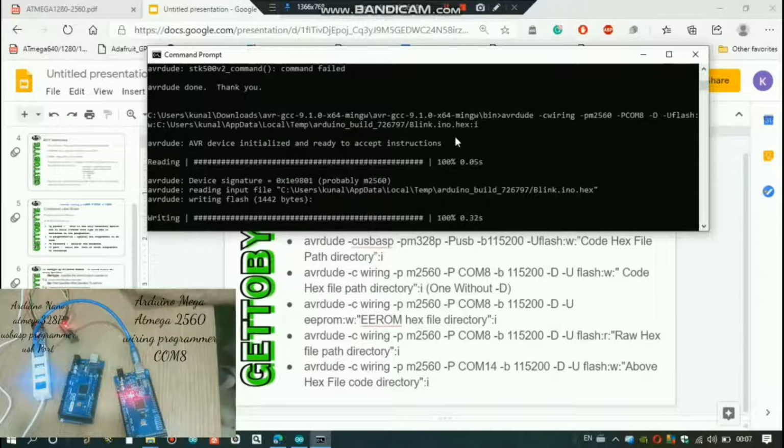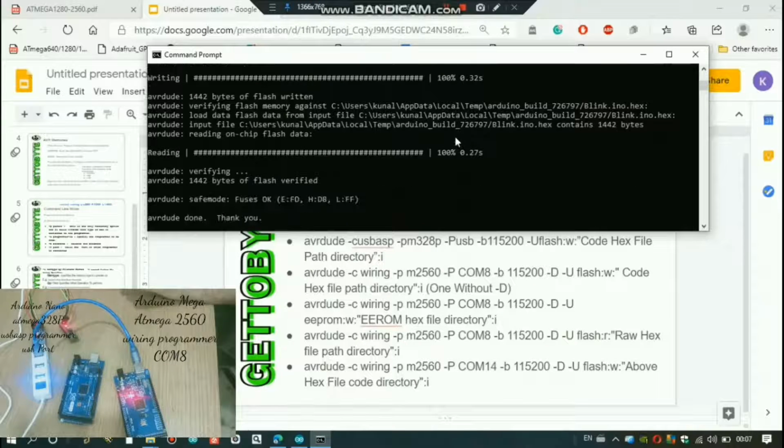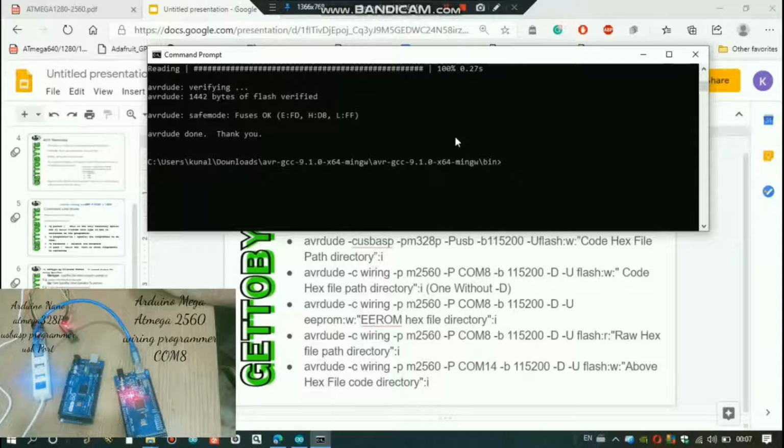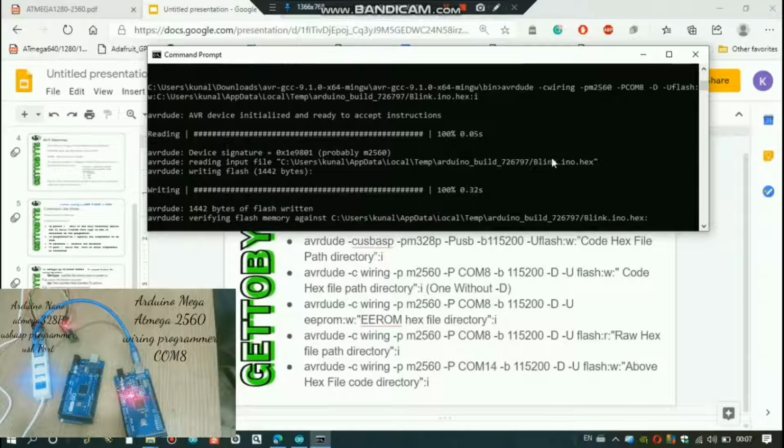This is mainly concerned with our ATmega microcontrollers, like the ATmega 2560. Okay, so yeah, now you can see that from AVRDude we have uploaded the sketch on the Arduino Mega via USB cable.